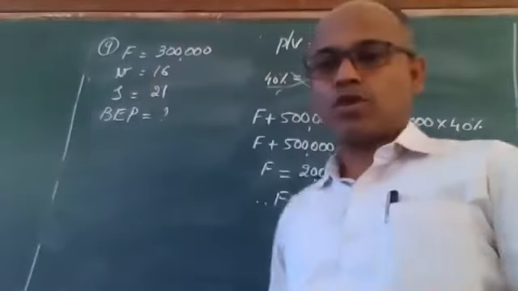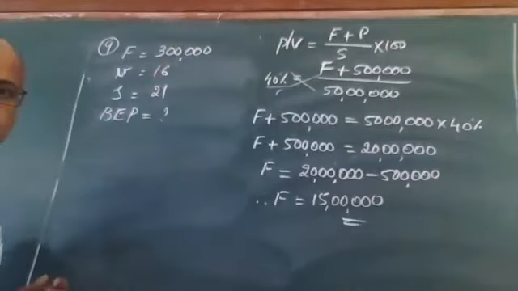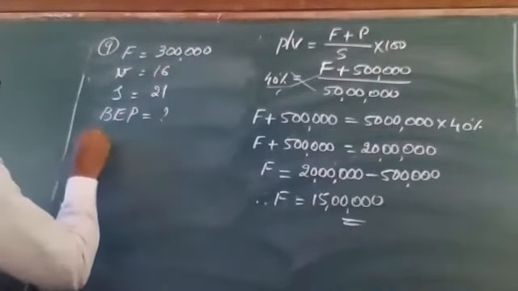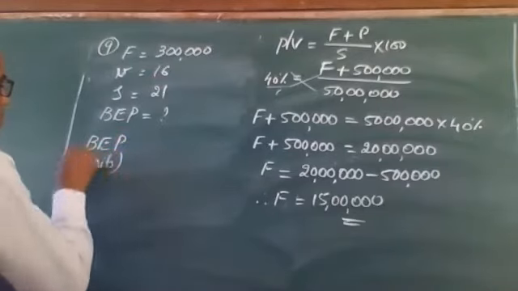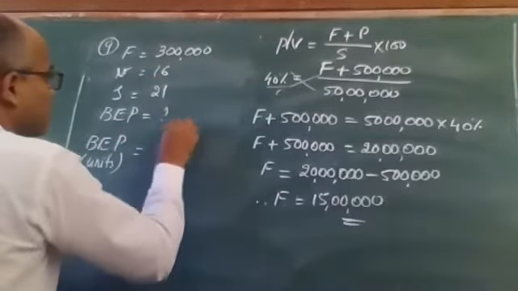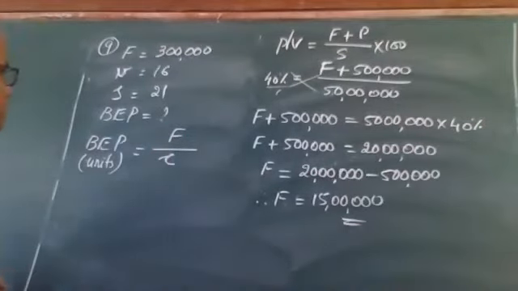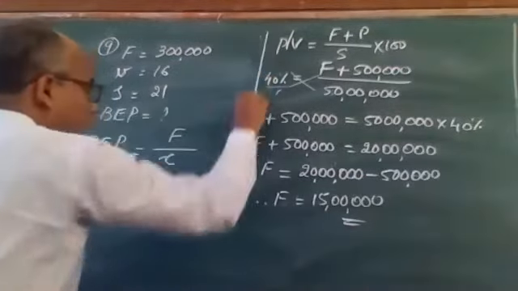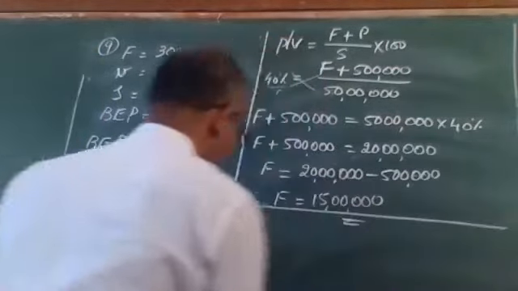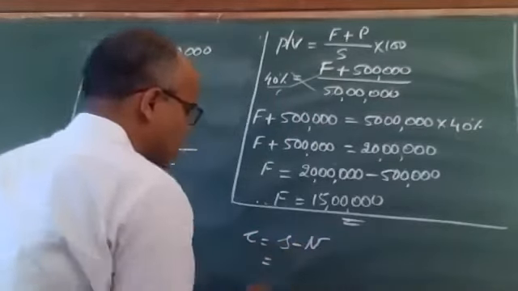Yeah, on the face of it you can apply the units formula, because the break-even point units formula says it is fixed cost by small c, correct? Small c means contribution per unit, correct? So contribution per unit